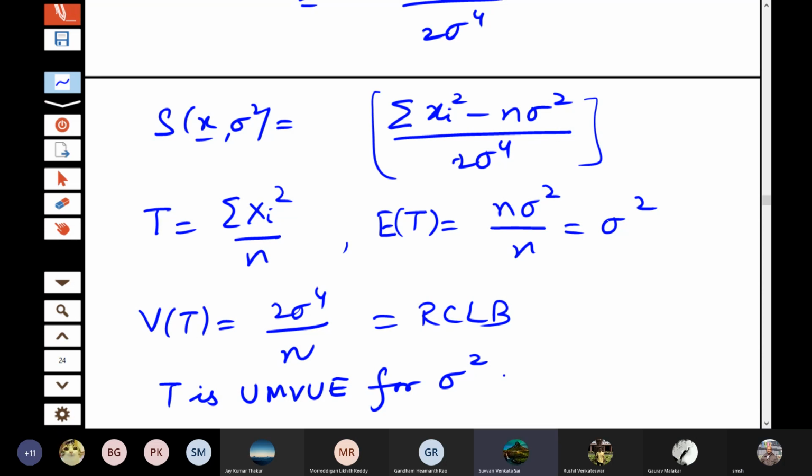Since the theorem says that if the variance attains the least lower bound, then it is linearly dependent, we guess that from the function. Yeah, this, apart from giving a lower bound, also gives you a hint on how to search for the UMVUE.